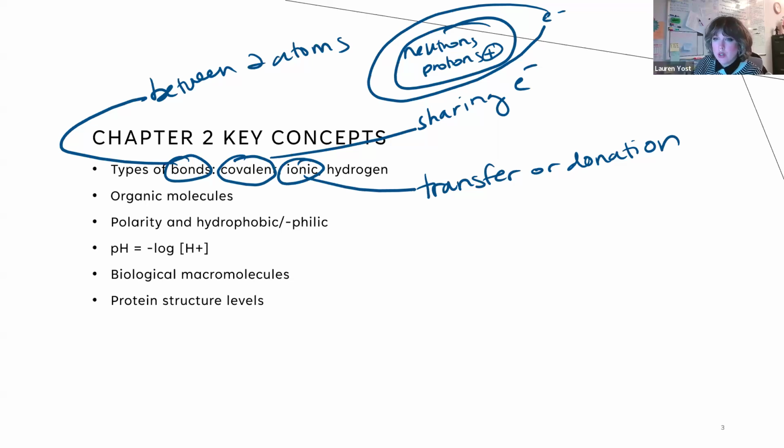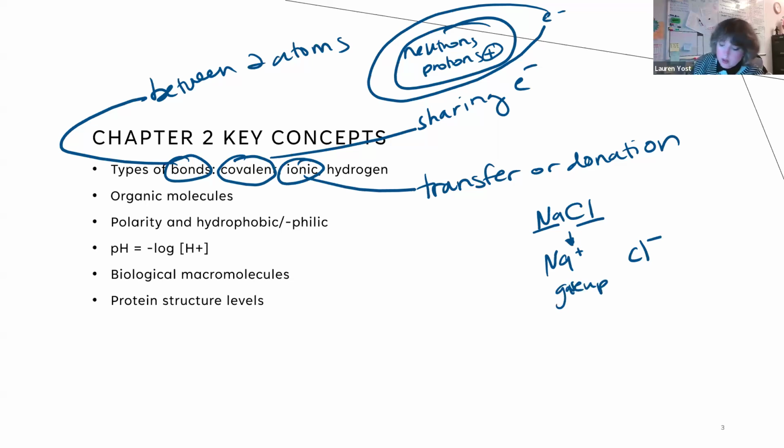So if we can share electrons to fill our orbitals, that's where our covalent bonds are coming into play. But if we can donate that electron completely, and now we're happy without that electron, and the other atom is happy to have that electron completely, that is where we see ionic bonds. So sodium chloride, this would be a molecule, right? A molecule like sodium chloride, where you have an atom of sodium and an atom of chlorine, where the sodium becomes positively charged and the chlorine is negatively charged. This is because the sodium gave up